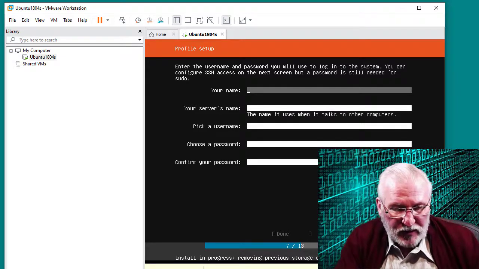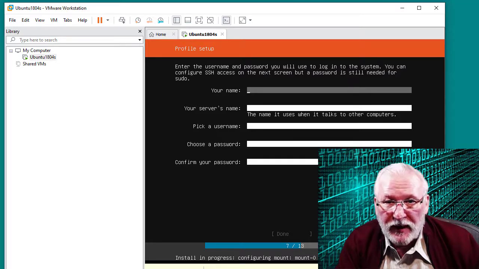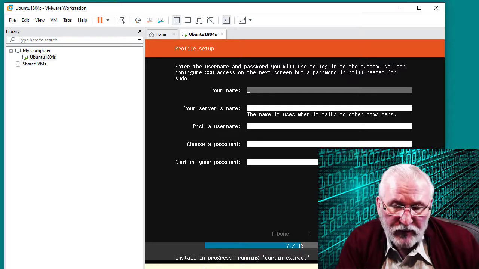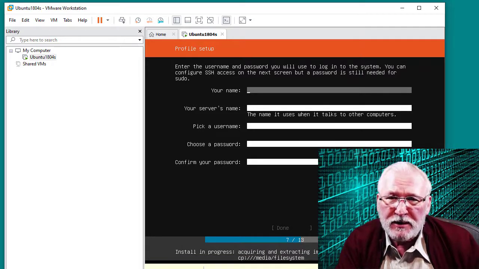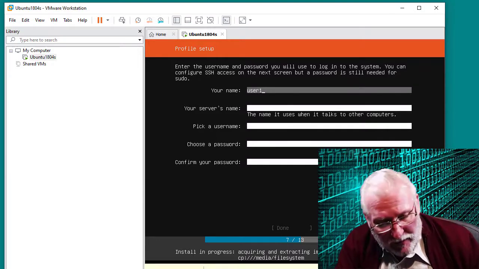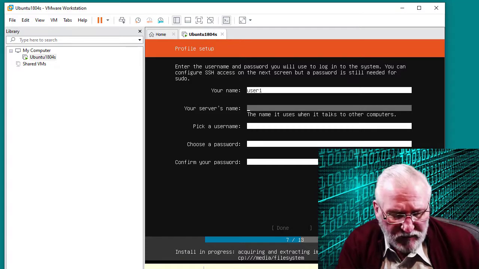At this point you can key in the primary user's name and the server name, and then a username and a password. So I'm going to make this simple, and I recommend you do the same. This is not going to be a secure environment. This is something for you to play around with. So I'm going to key in the name user1, and I'm going to give the server name the same name I gave the directory. So we're going to call this Ubuntu